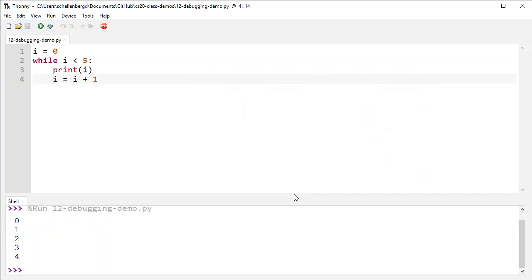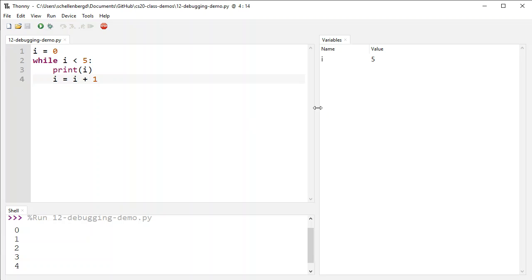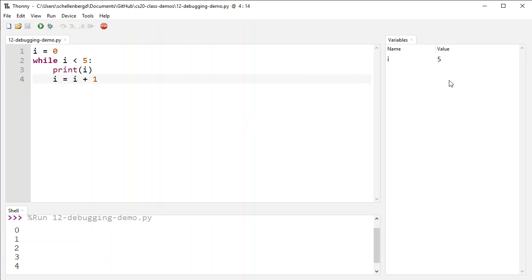All right, so we get the same thing that we're used to seeing right here, 0, 1, 2, 3, 4. But what if I want to step through it like what we did before? Well, there's two things that I would recommend you do. First off, go to View, and inside of View, you can click on Variables. And that's going to show up this sidebar over here. So you can see, very similar to what we had in the textbook, you can see that I is now